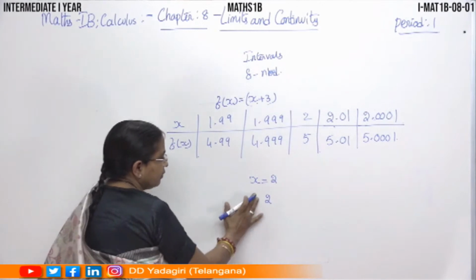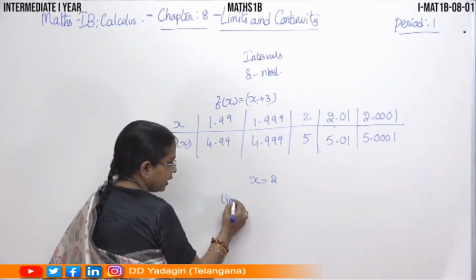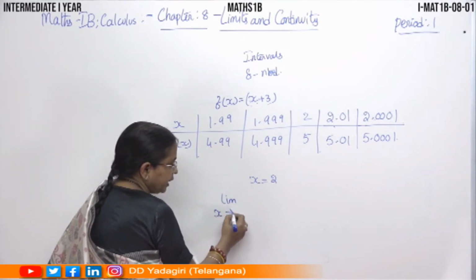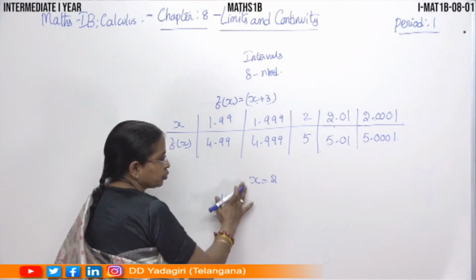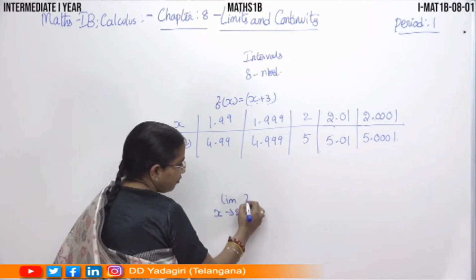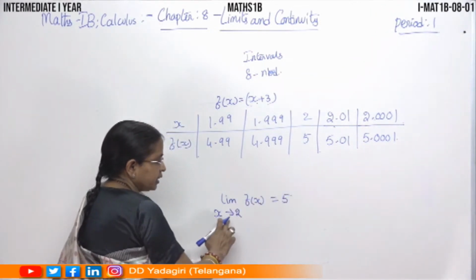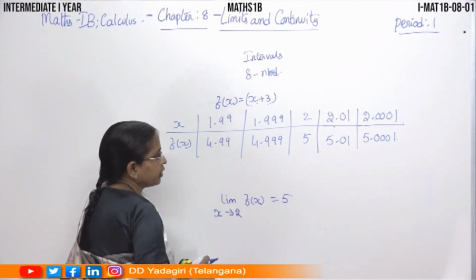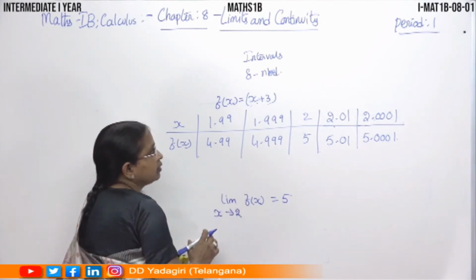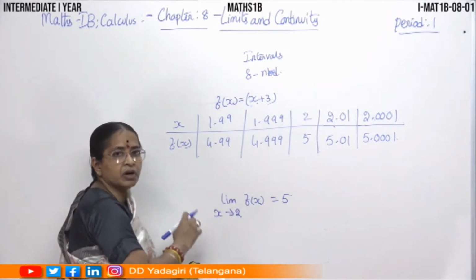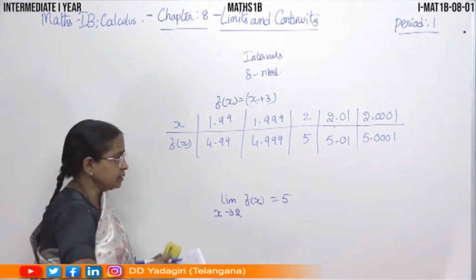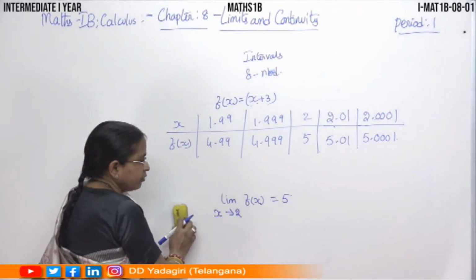So we say that limit, we write like this, limit x tending to 2, as x approaches 2, limit x tending to 2 of f of x is equal to 5. So this is the idea, the concept of limits. Okay, now